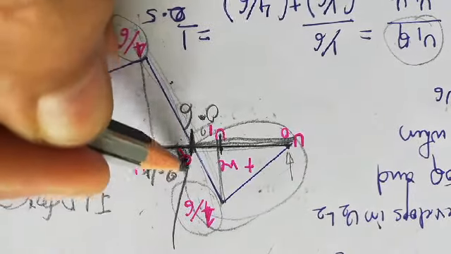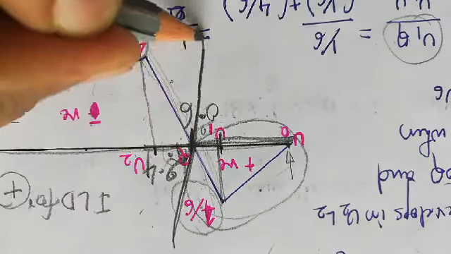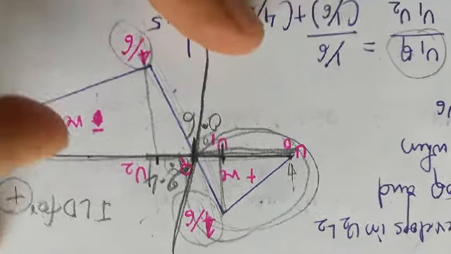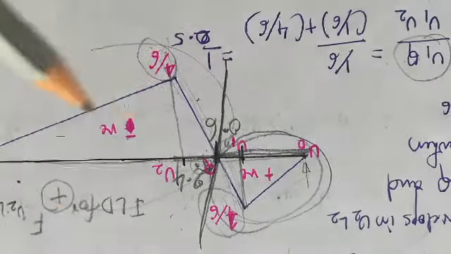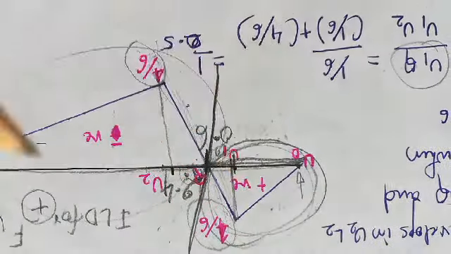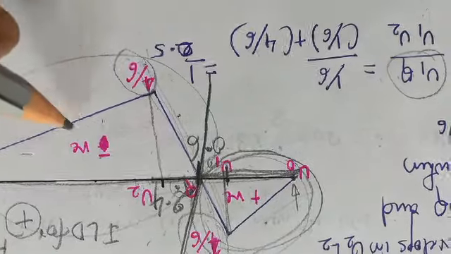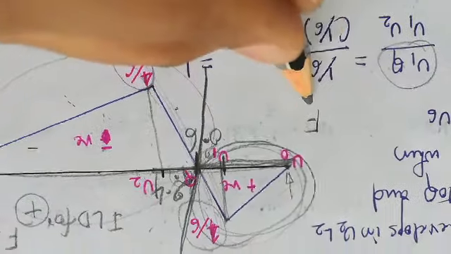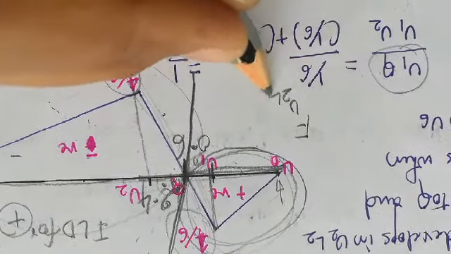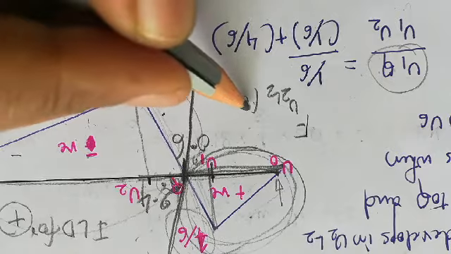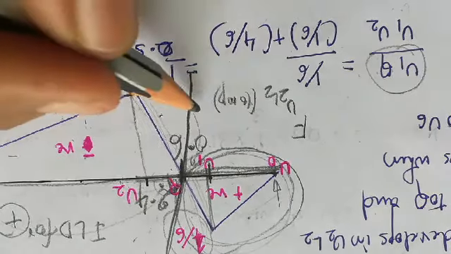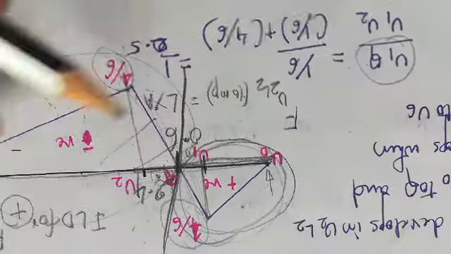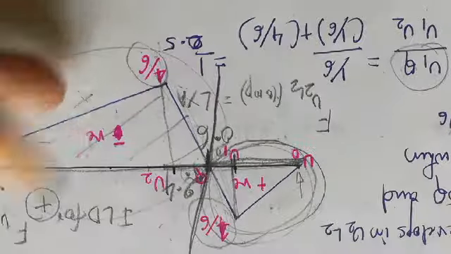Why have I done this? I'll divide this influence line diagram into positive and negative parts. This triangle will give me compressive forces, this triangle will give me tensile forces, and this triangle will give me negative forces. The force in U2 L2, that is compressive, is nothing but load into the area of this triangle.